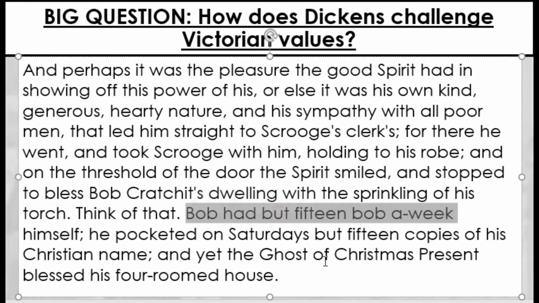So again, there's this commentary going on here about the way in which rich people deliberately underpay their staff because they want to keep them poor. They want to keep their social order very hierarchical, very regimented, with the rich and the elite on top and the working poor very much in their place. And so we're being told here by the narrator and by extension by Dickens that we should think on this idea that just because people have a job doesn't mean to say they're not poor. And it's a commentary that applies, you could argue, equally today.